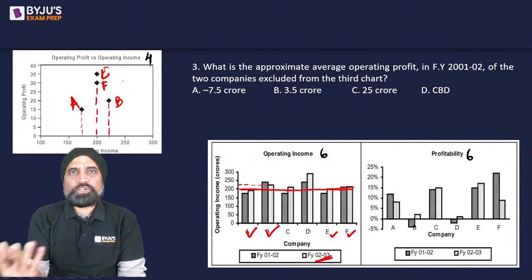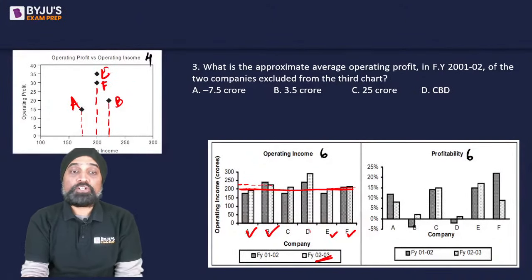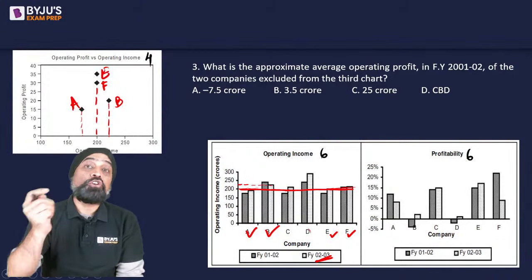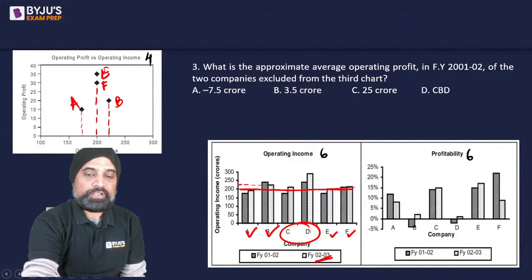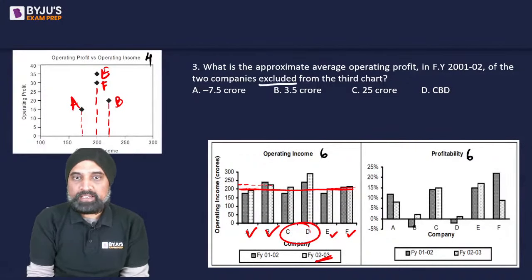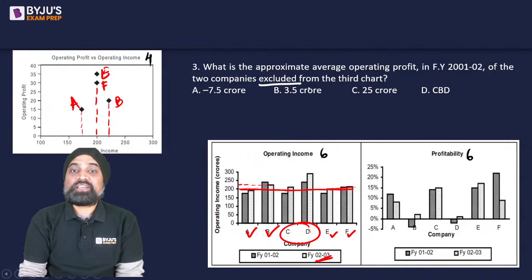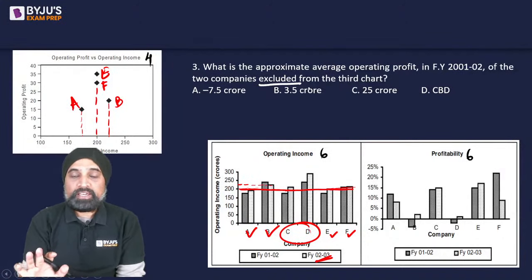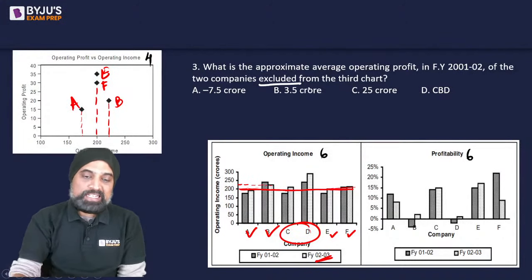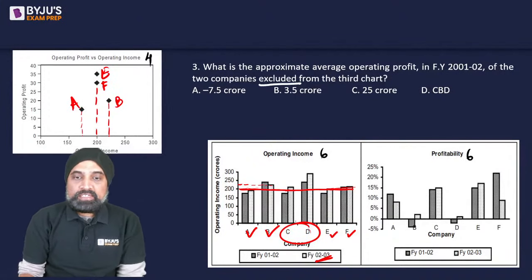Which one is which? We really don't care, right? Because we need to find out the companies which are not included here. So the 2 companies that are not included over here, the ones that are excluded, we need to find out their operating profit average. Okay. So if I look at C and D now,